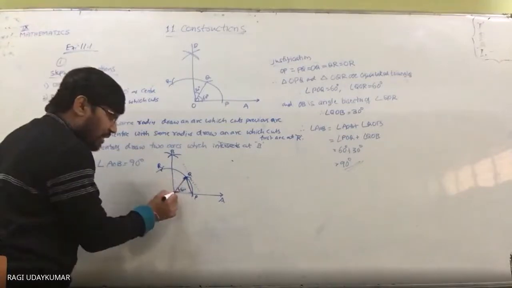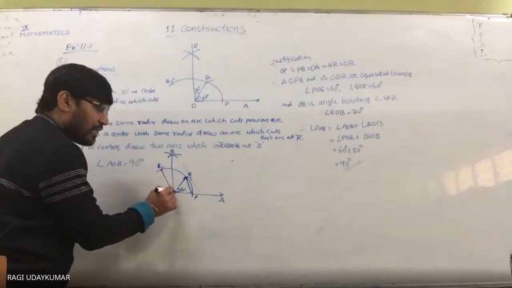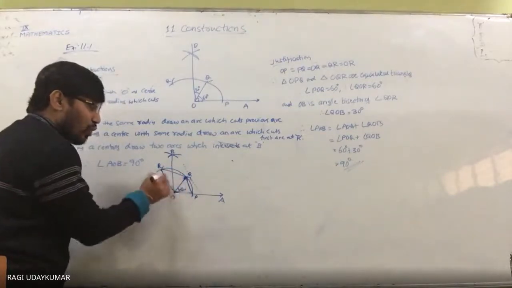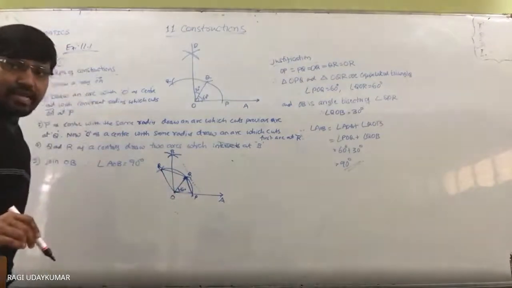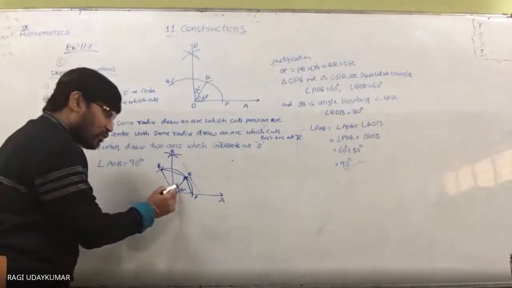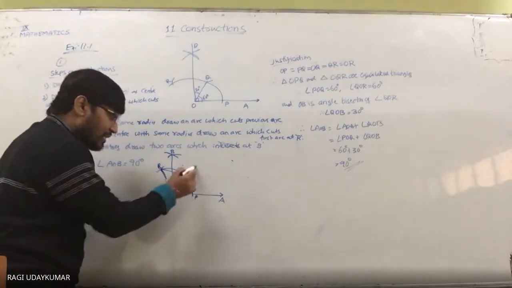And in the same way, here to here whatever the radius you are taking, here to here also same radius, and same radius हम इधर से इधर ले लिया. So QOR also is an equilateral triangle. So that I have written both are equilateral triangles. And this complete angle is also 60 degrees.